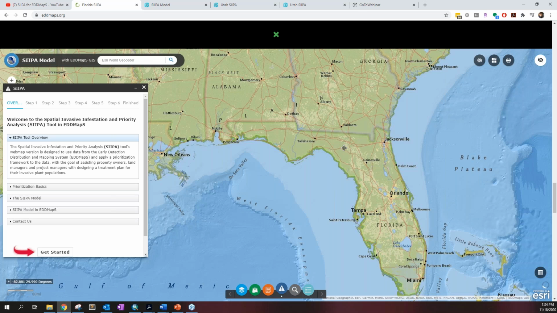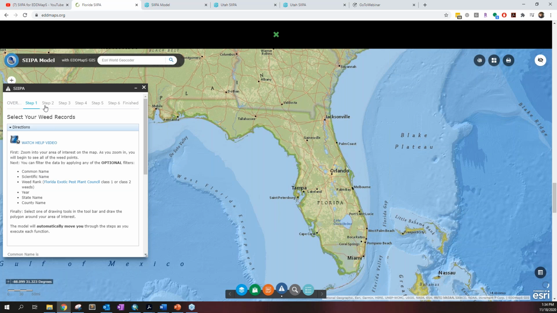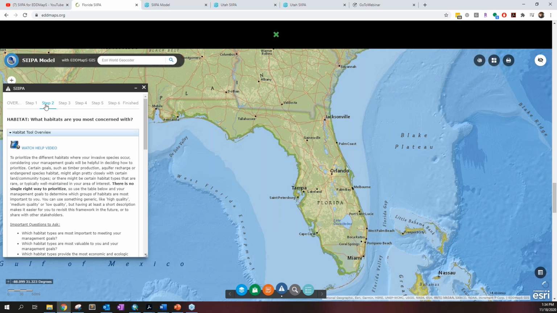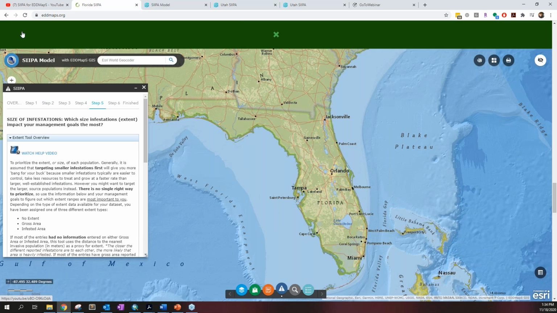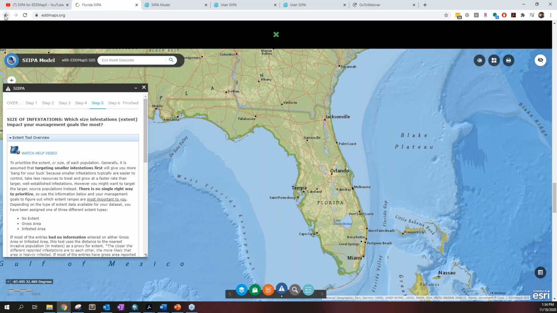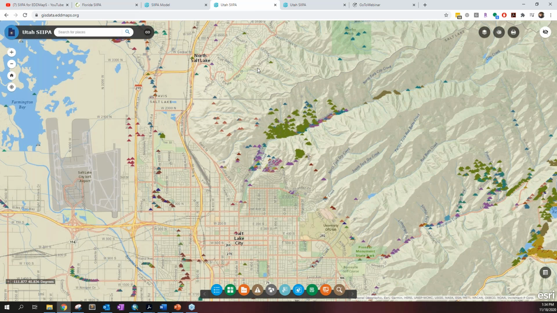And this is what it looks like when it opens, and then it's pretty much the same exact thing that we're going to be going through in Utah, where it walks you through each of the steps like this, and it does the final output. But anyway, that's what that looks like. This is the Florida one zoomed in. All right, so you hit